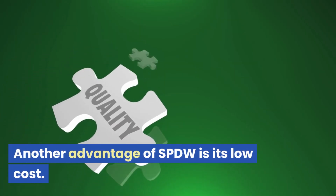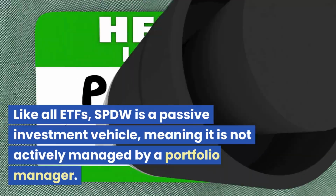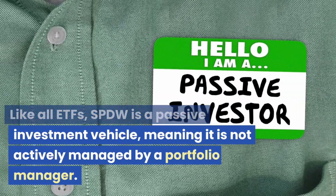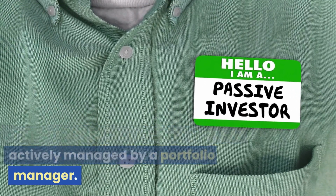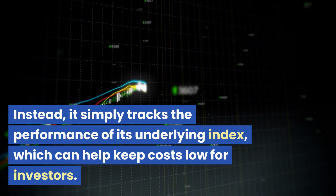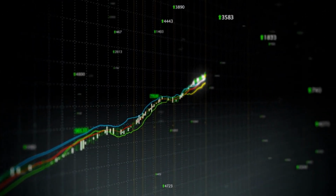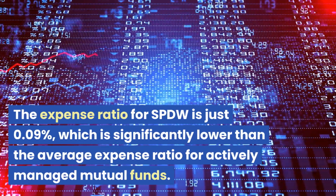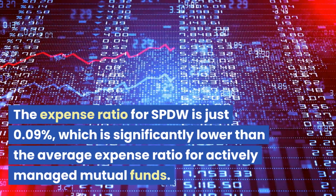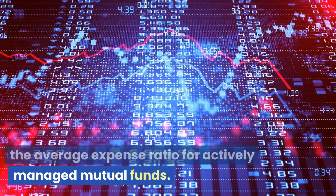Another advantage of SPDW is its low cost. Like all ETFs, SPDW is a passive investment vehicle, meaning it is not actively managed by a portfolio manager. Instead, it simply tracks the performance of its underlying index, which can help keep costs low for investors. The expense ratio for SPDW is just 0.09%, which is significantly lower than the average expense ratio for actively managed